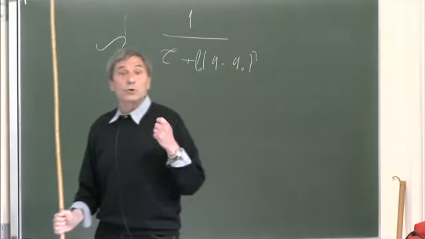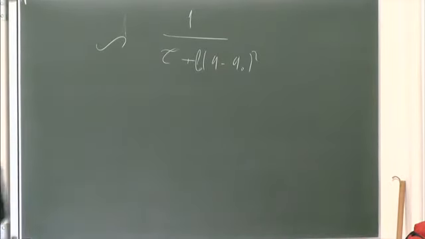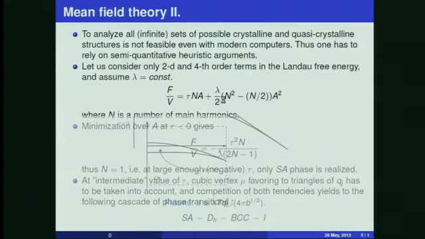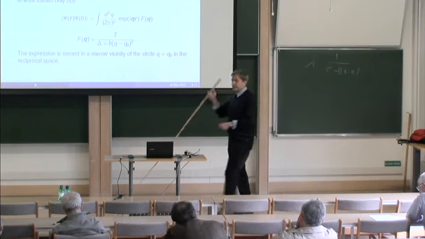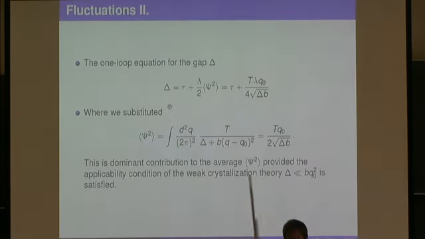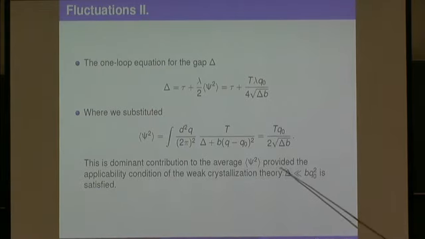And the only role of fluctuations, if the weak crystallization assumptions are granted, is renormalization of this parameter tau. Instead of tau, we have a certain variable delta, and we have to find this delta. For this delta, one can derive an explicit equation. It reads as shown here. And here I've shown the criterion for weak crystallization, which I will be using in what follows, which is equivalent to what I said before,